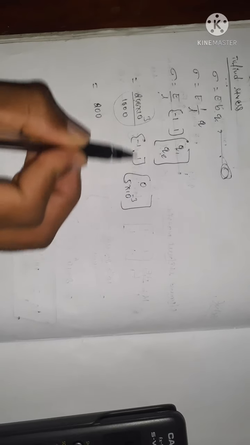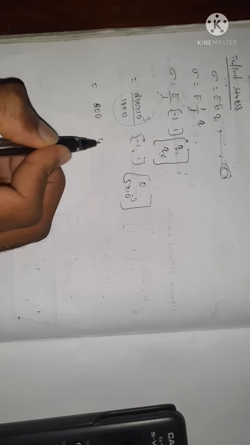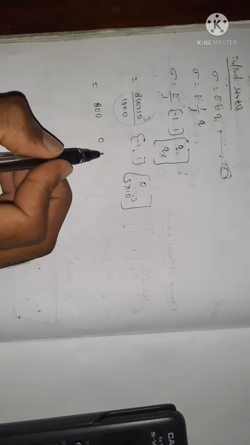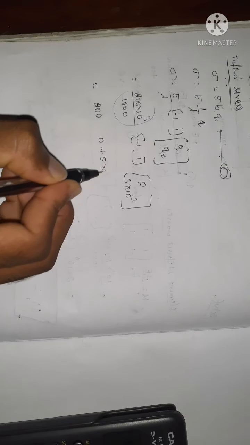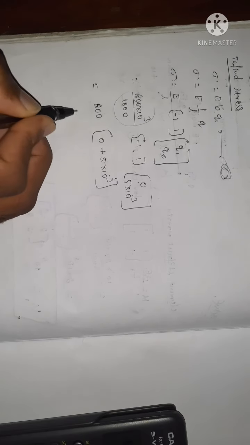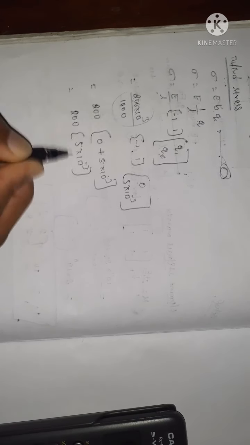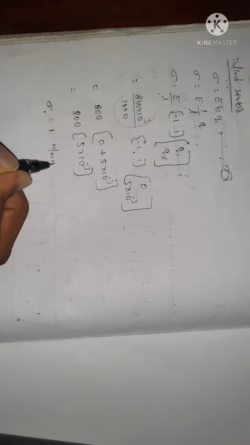So I have written it, and then you have to solve this one. You will get 200, and in this equation you have to multiply minus 1 into 0, which is always 0, and 1 into 5 into 10 power minus 3, which is plus 5 into 10 power minus 3, where 200 into 5 into 10 power minus 3, so multiply both. So sigma is equal to 1 Newton per millimeter square.